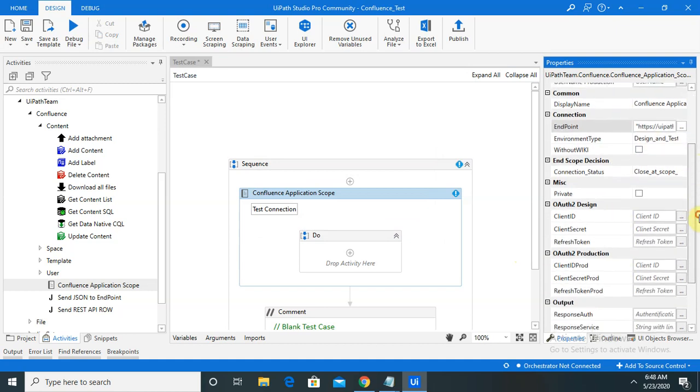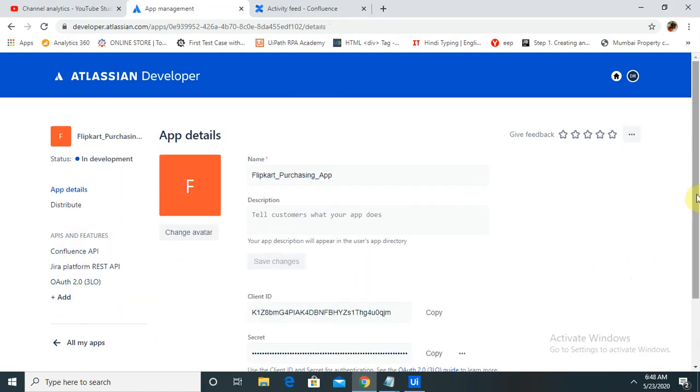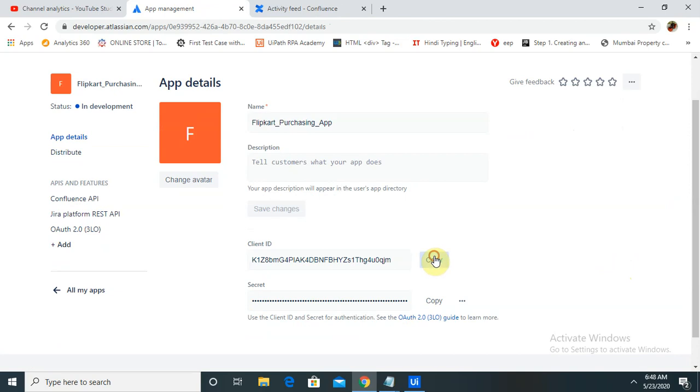Next we will need authentication: client ID, client secret, and refresh token. After adding these, we will be able to connect our UiPath Studio Confluence application scope to our cloud login. We get the details of client ID and secret from the app details link.